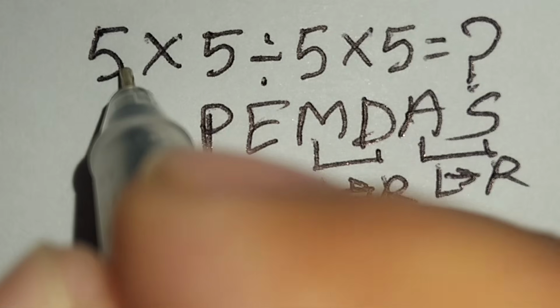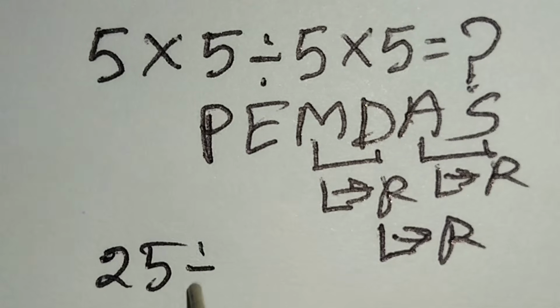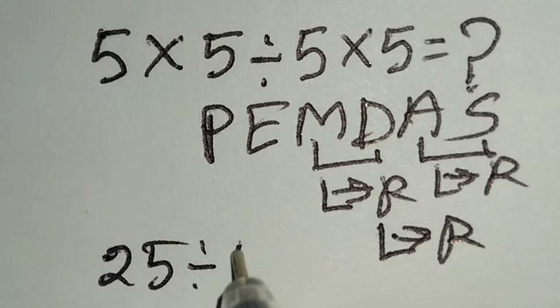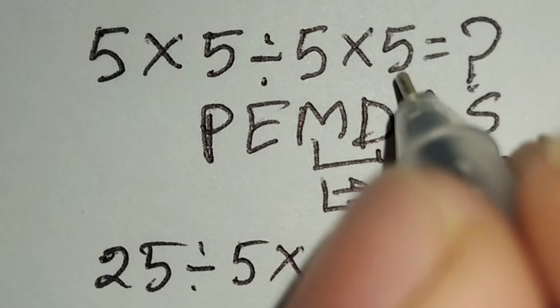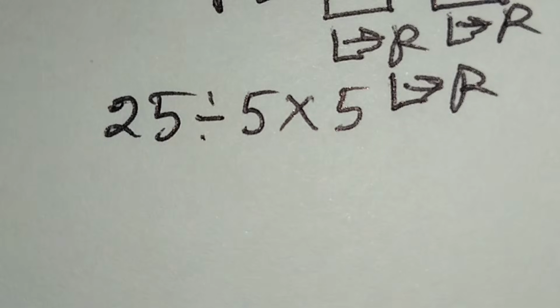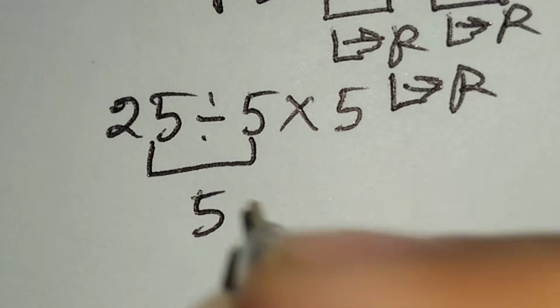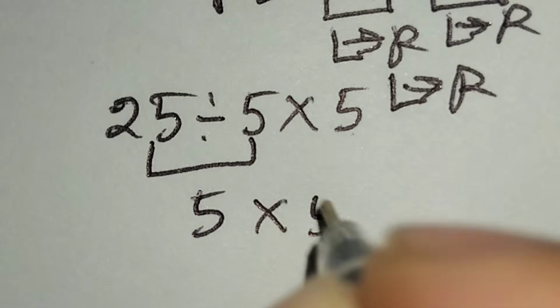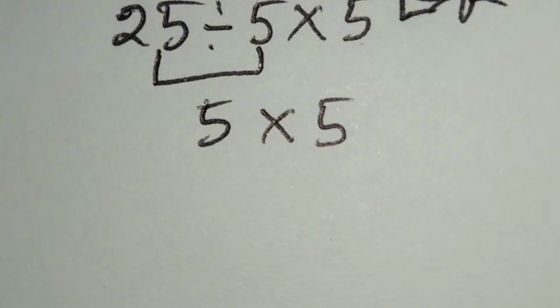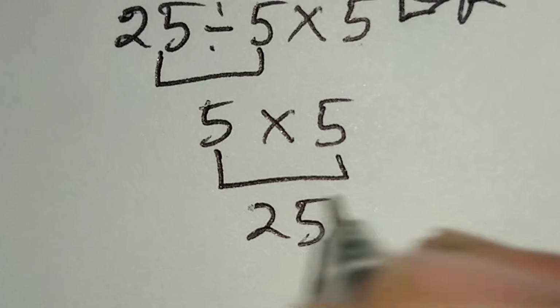Here this 5 times 5 gives us 25, divided by this 5, multiply this 5. Here 25 divided by 5 gives us 5. Multiply this 5. 5 times 5 gives us 25. And this is correct